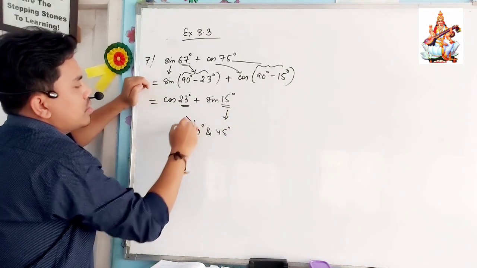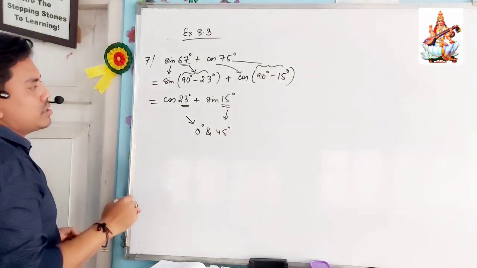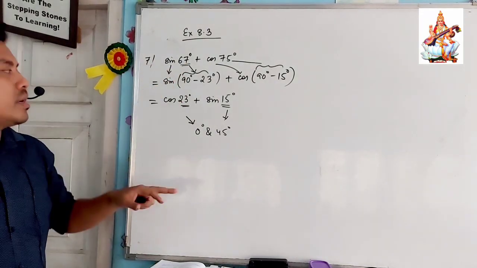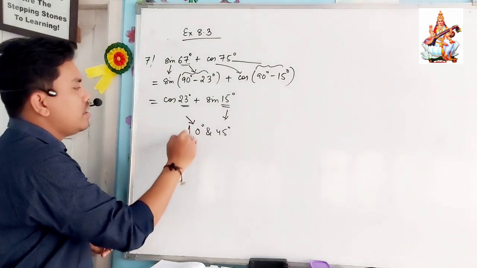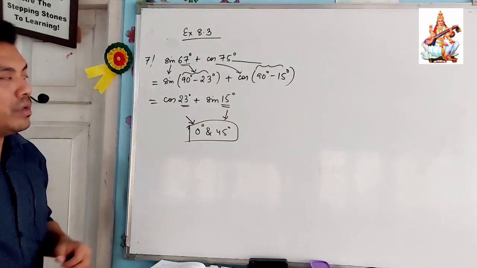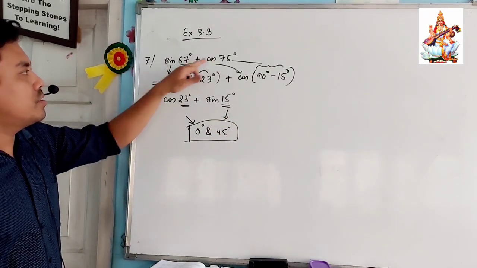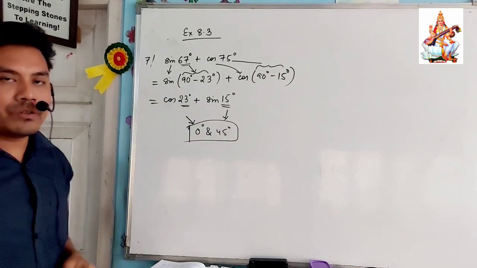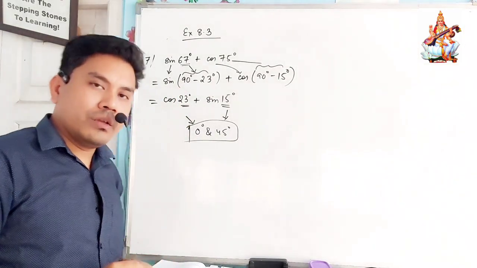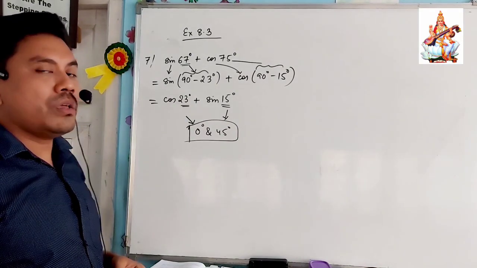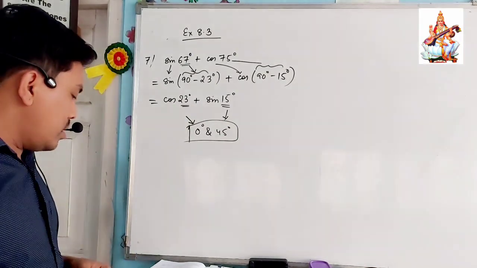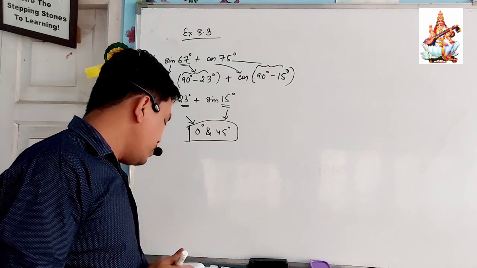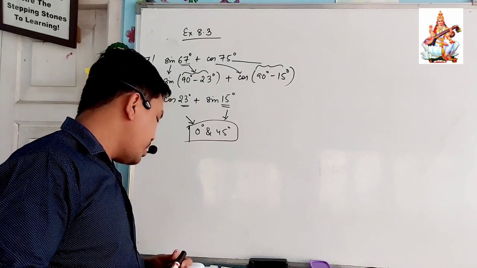So in the question, what you are asked is to convert this expression in terms of angles between 0 and 45. So what we have done, we have converted the given ratios into the complementary form, and then we got the angles between 0 and what? 45. Okay. Understood, all of you? Okay. So now from question number 8,